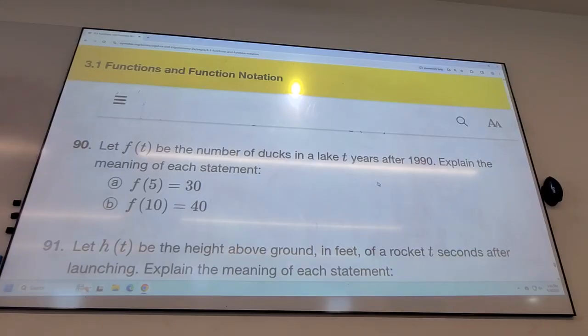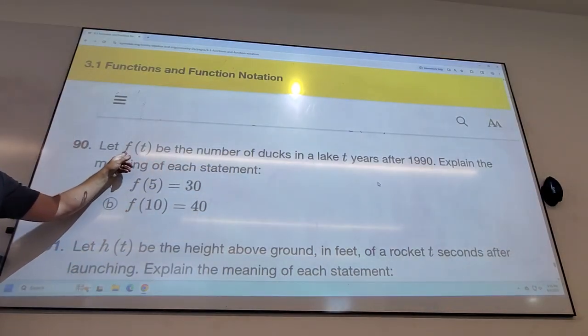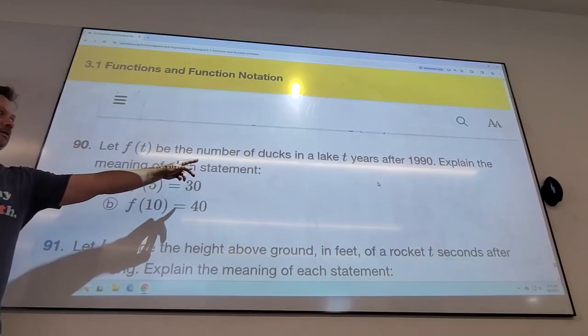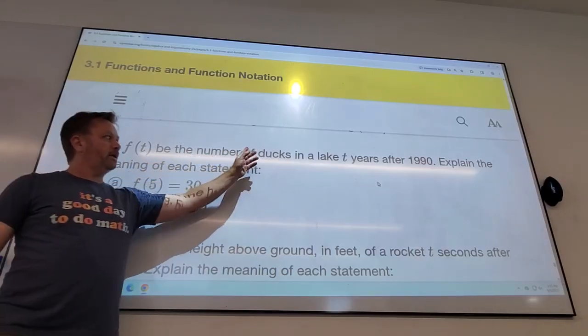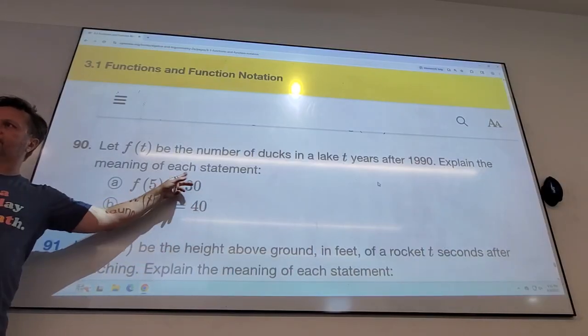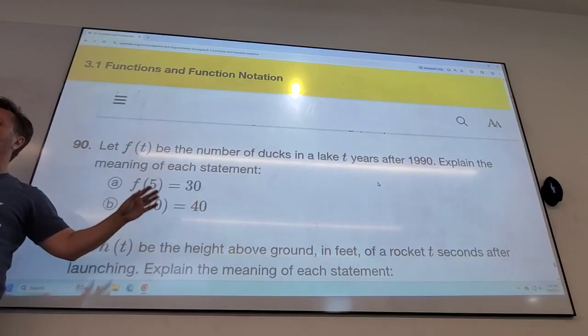Yes, so, anyway. 5 inside the f means 1995. And what is the output? What does f of t measure? The number of ducks. I have no idea why you would pick f. You would pick like D or Q at least, right? For quack or whatever, but f doesn't make any sense. But it represents the number of ducks, so what does 30 mean? 30 ducks. So make a complete sentence. There were 30 ducks on the lake in 1995, and okay, now you can do the same thing for